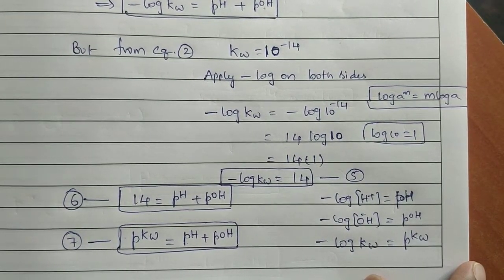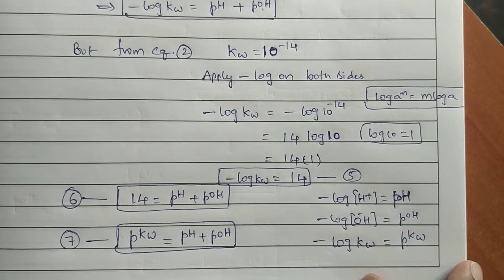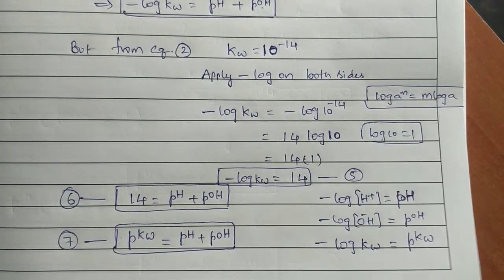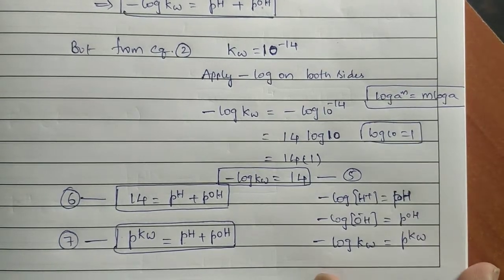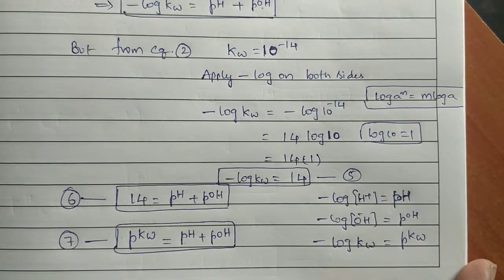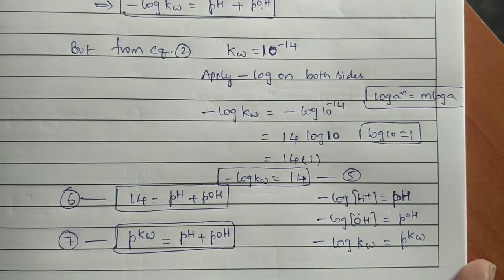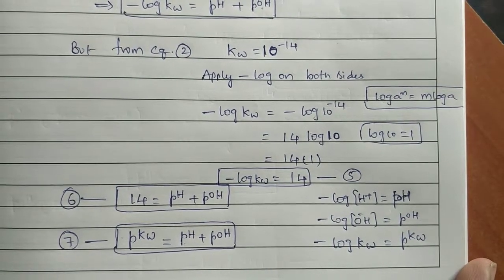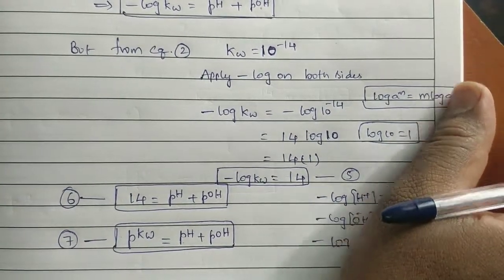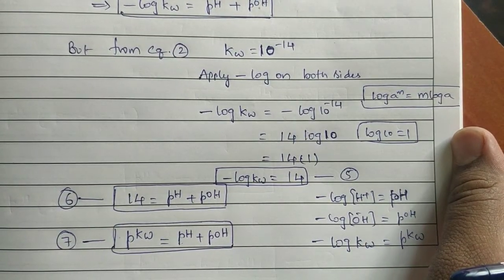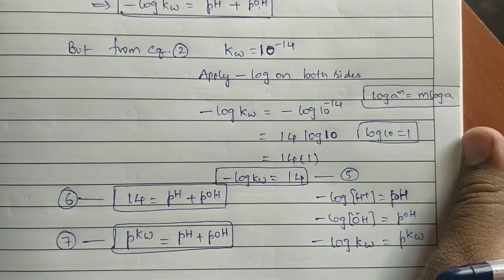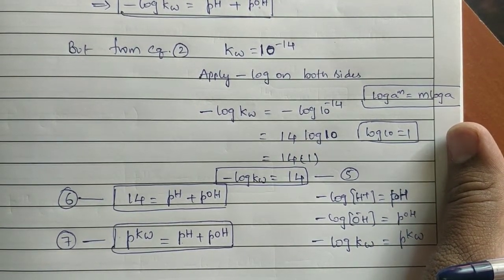Okay, these are the important formulae related to pH, and this is about today's class. In next class we will see the pH scale. Combinedly both acidic strength and basic strength, whether strong acid or weak acid or strong base or weak base, we can identify by using the pH scale. That one we will see in next class. After completion of the pH scale we will continue with our concept. This is the starting of ionic equilibrium.